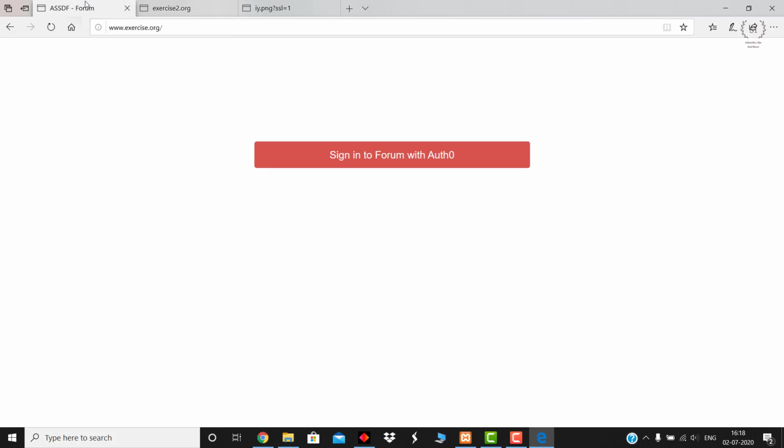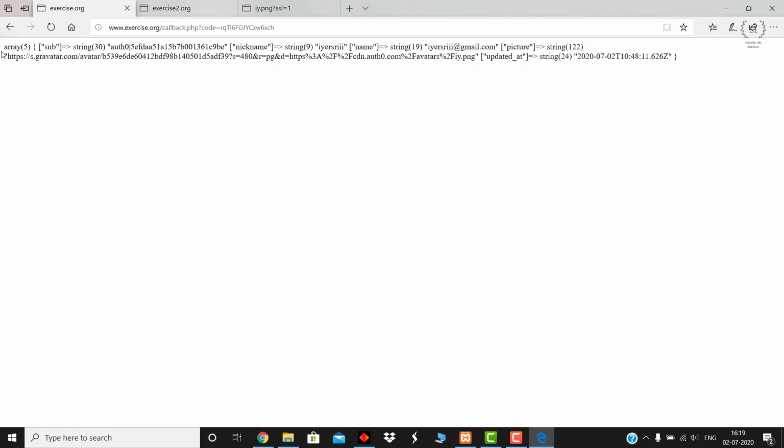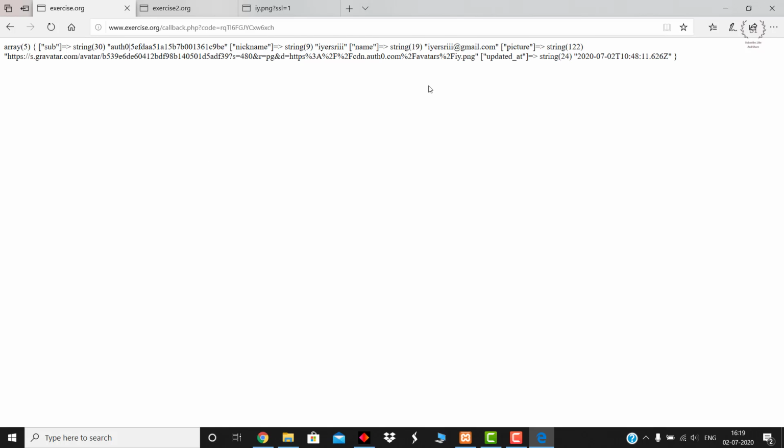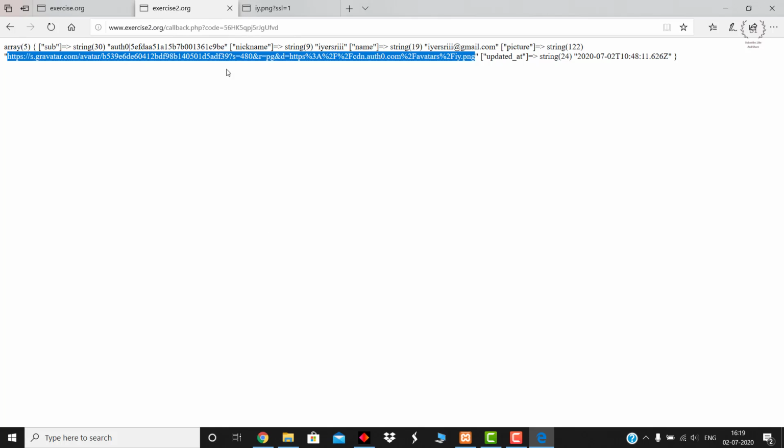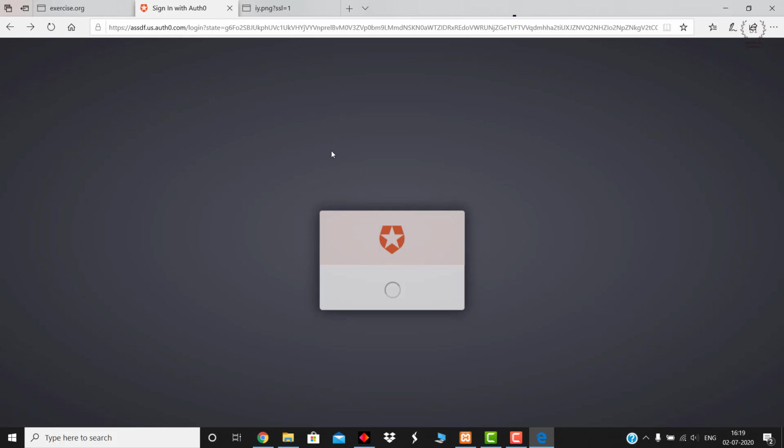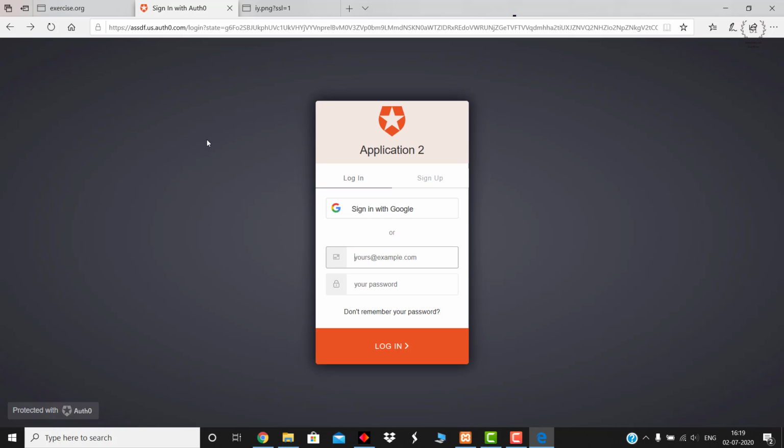Okay, in the same fashion, if I now wish to access any other application, for example if I wish to access the forum section of my website, I can simply click on this and let's see what happens. Let it load up, it will take some time. Now you can see that I have simply got access to the website without even any need of entering my passwords or selecting my email ID and so on. This is happening entirely because of single sign-on. Because I have already logged into the home page, so I am not required to log into the forum page again and again.